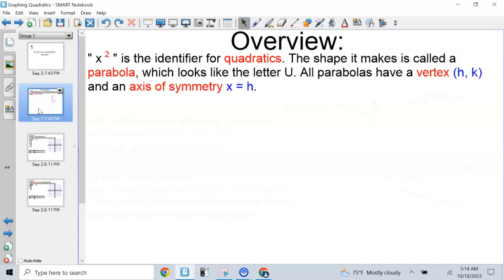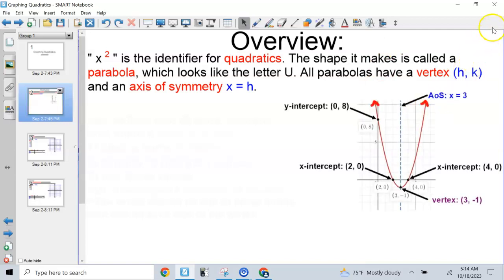So a letter squared is the identifier for quadratics at power. The shape it makes is called a parabola, which looks like the letter U. All parabolas have a vertex, which is (h, k), and an axis of symmetry, which is x equals h. Here's a quick picture with all the important points labeled. It has a y-intercept, two x-intercepts in this case, a vertex, and an axis of symmetry, that dotted line that cuts